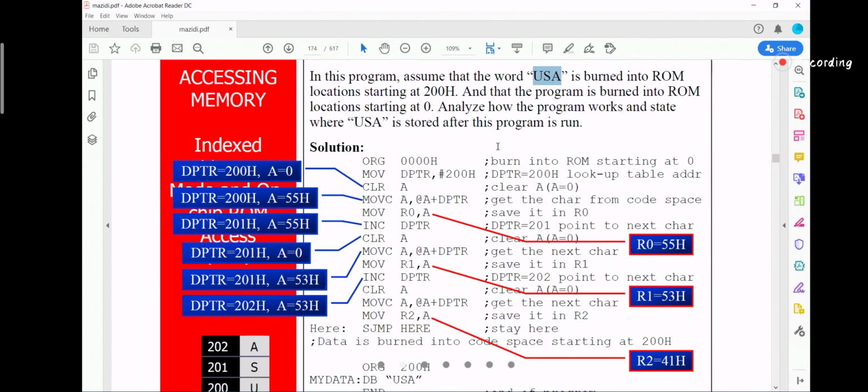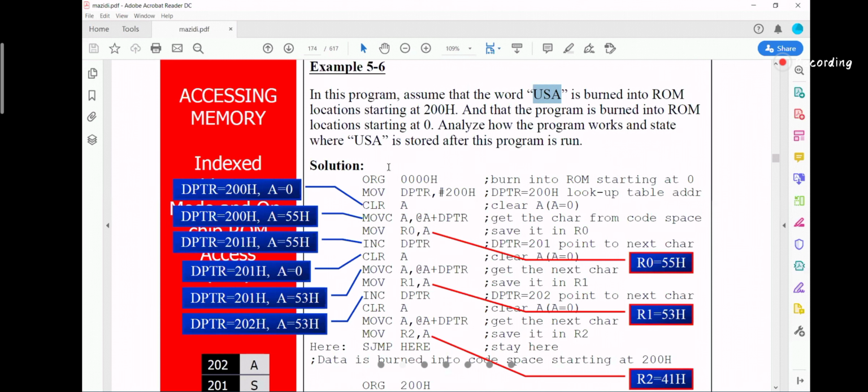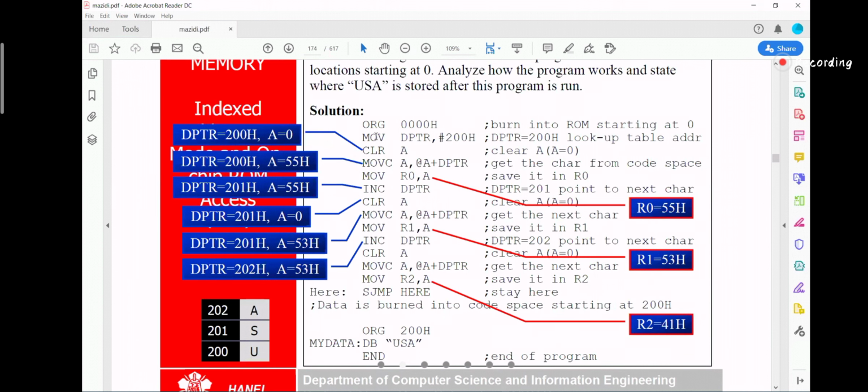But you can display that same hello using index addressing like this, using serial communication. So there are two things you can do for the display of a string: one is by using serial communication, and one is by using your index addressing. So this is one example of displaying a string using index addressing.